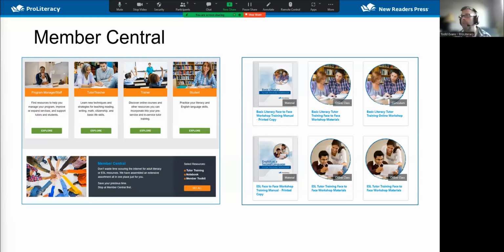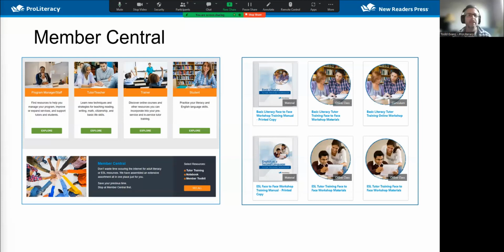Yeah. And a lot of programs, even if they're doing face-to-face training, might use our face-to-face materials for their training, but then they'll refer their tutors to the online workshop as an additional resource, because we all know a lot of us front load our tutor training. So by the time the tutor starts working with the student and the student is having trouble with vocabulary, they're like, well, I remember we covered that in tutor training, but I don't remember exactly what the techniques were we talked about. So they can go onto the online piece and